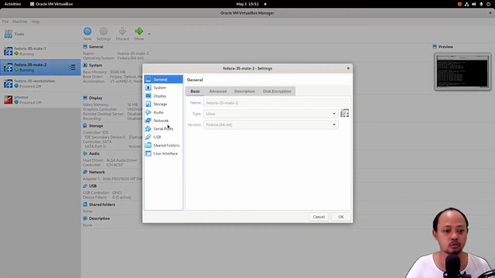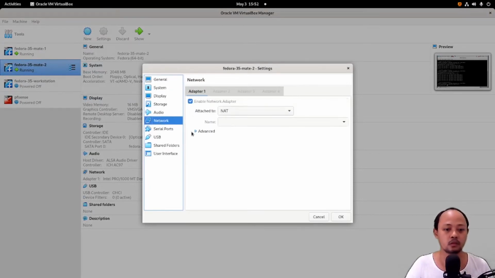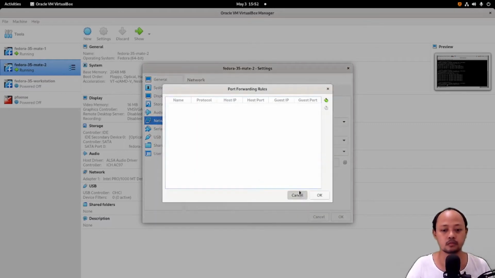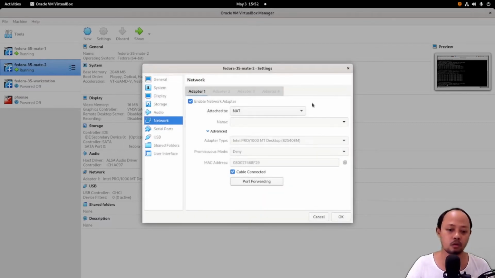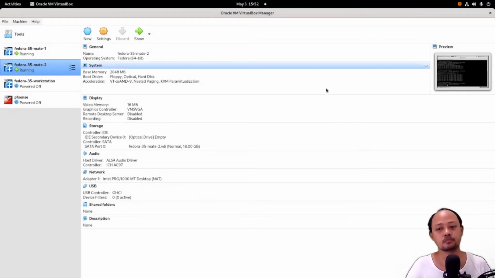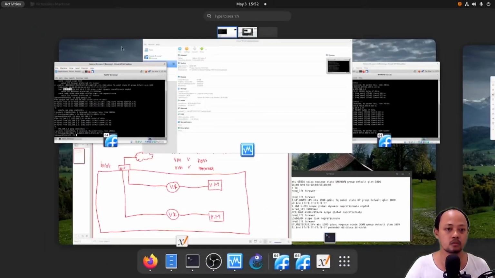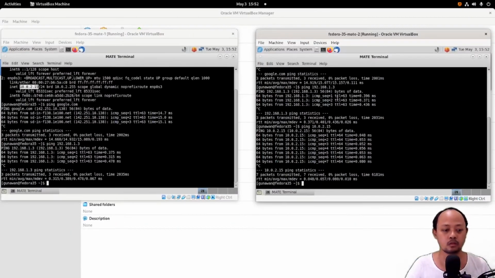We need to set each VM for port forwarding. We will talk about this in another video. Okay, let's continue to the other network setting in VirtualBox.